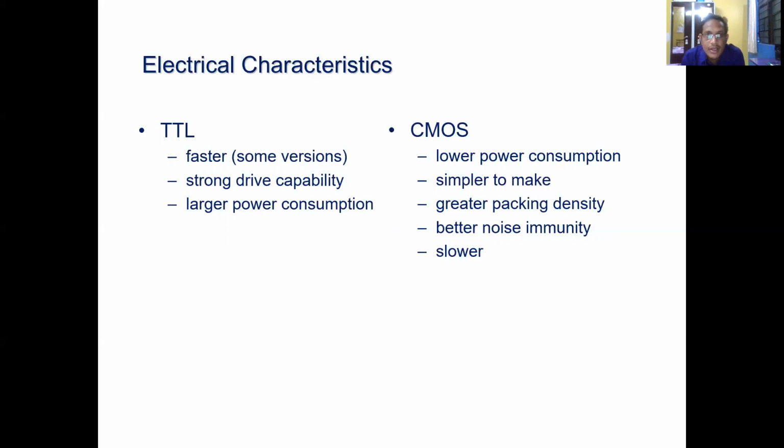For example, suppose I call 74L00. Initially, for standard TTL, I apply only 7400. But right now I'm going to apply 74L00. L for low power. Why is it called low power? Because standard TTL has a major limitation: it provides the maximum power dissipation. So if I apply L, it indicates lower power dissipation.